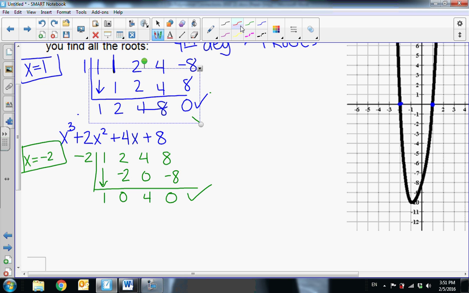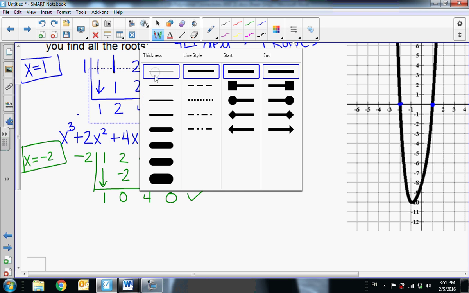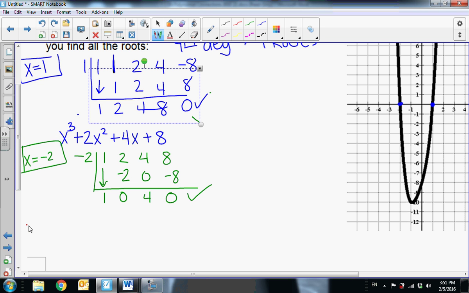So what I've been able to do is now I've gotten this down to x minus 1 for that root, x plus 2 for that root, and then this, x squared plus 4. That's why I went through synthetic division, so that I could divide these out. All right, so now I'm going to take this x squared plus 4, because it's a quadratic,